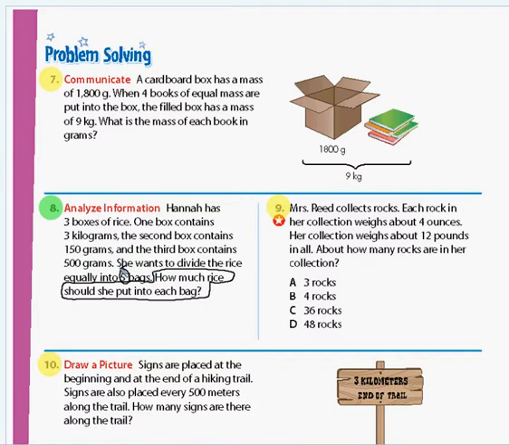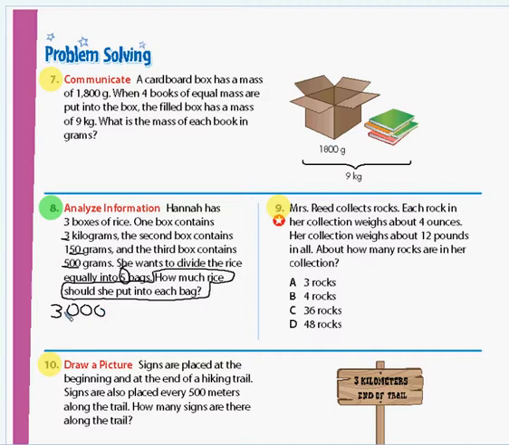And then we have 500 grams, 150 grams, and 3 kilograms. And it's all talking about the mass of the rice. The first thing I want to do in order to solve this is find out how much total rice there is. That sounds like an addition problem. First I change my kilograms into grams, and that's a pretty easy conversion. 3 kilograms is 3,000 grams. I'll write that there, 3,000